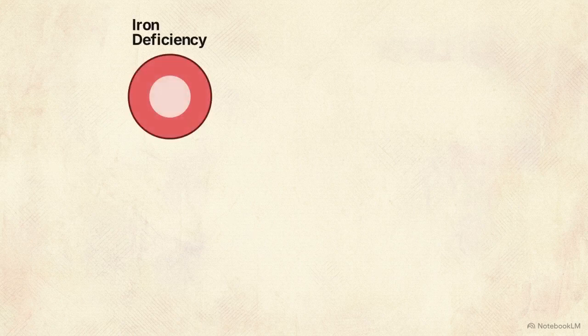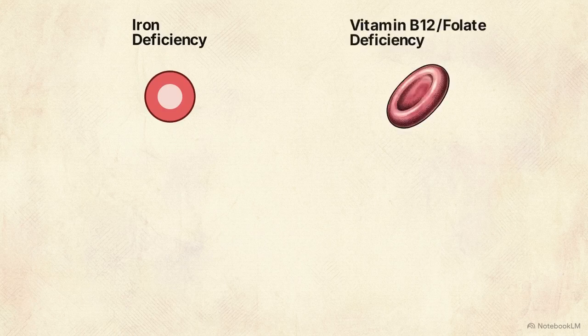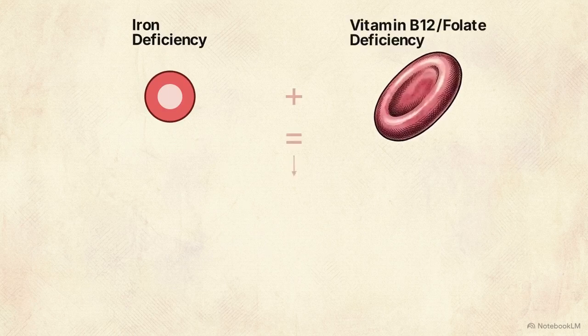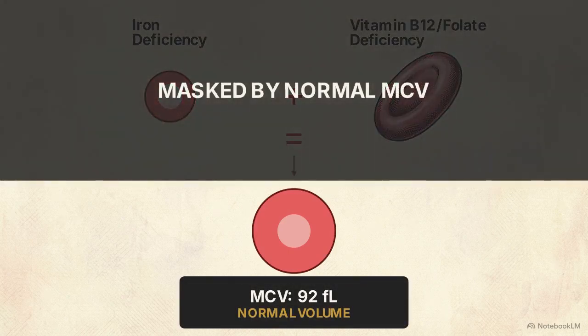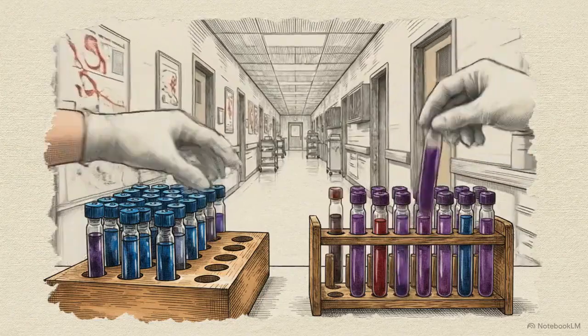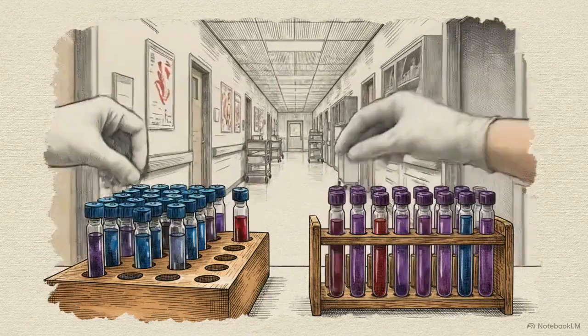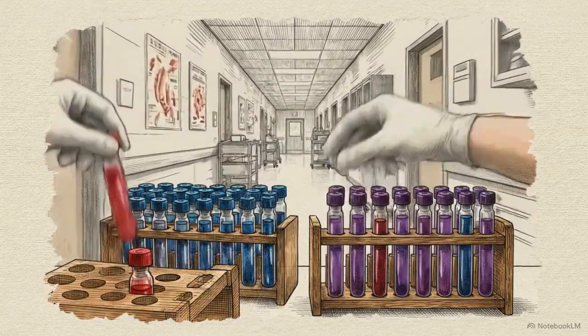There is an inverse to this trap. If a patient has concurrent iron deficiency, which shrinks cells, alongside a B12 deficiency, which enlarges them, the opposing forces can mathematically average out. The MCV normalizes, completely masking both deficiencies. The MCV is not a continuous spectrum of disease severity. It is a rigid set of quantitative thresholds that dictates